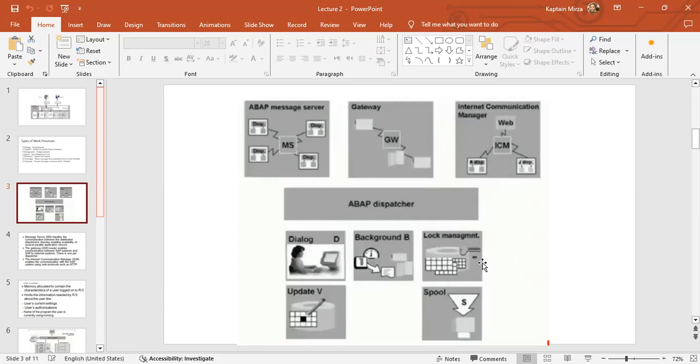Lock management, again, this is if you want to lock tables from accessing or from being changed at month end when the period is getting changed. That is again a part of what ABAP does. Now, we have Internet Communication Manager. Again, ABAP dispatcher has to communicate through the cloud, internet cloud, or through gateway, through VPNs, okay, or through messaging